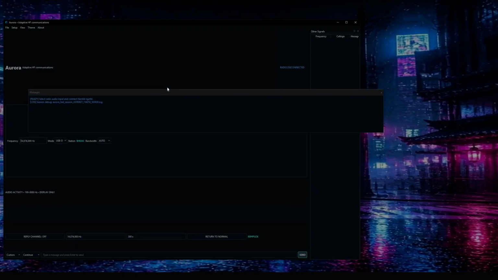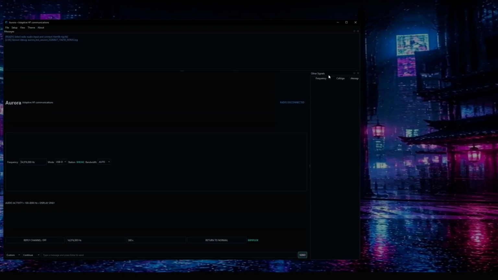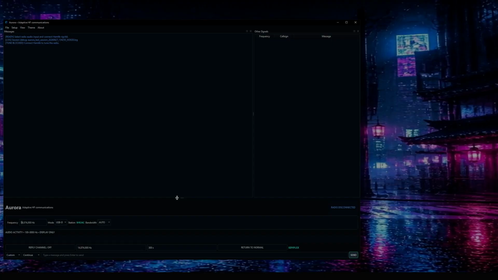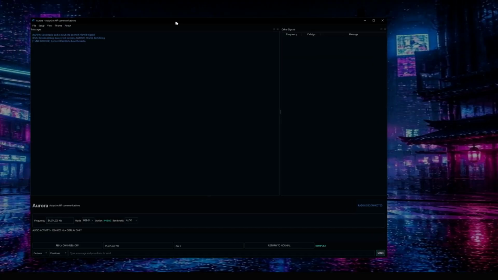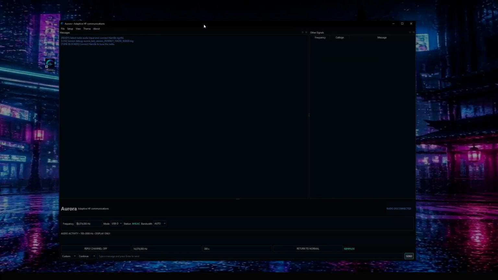So this is the messages box. You can put it up there. You can get this other list of callers and put it here on the side. You can make this bigger. This doesn't have to be big. And this is a layout that is going to change, so it might not look like this in the future.